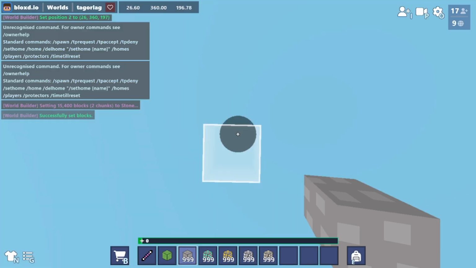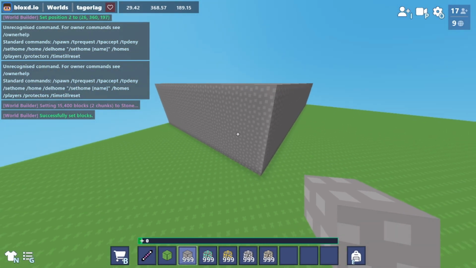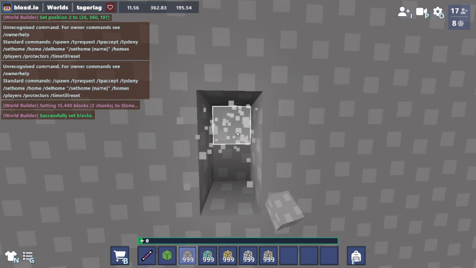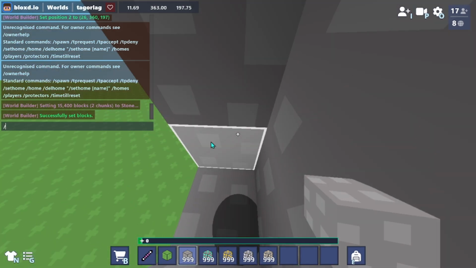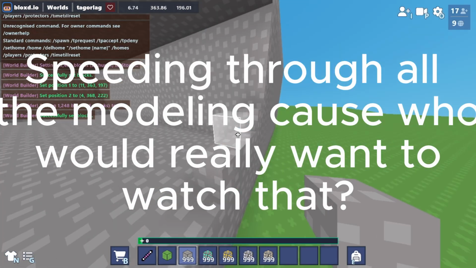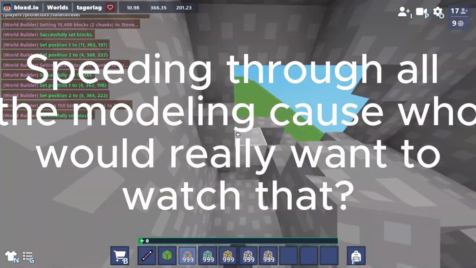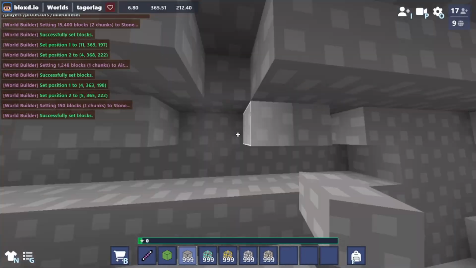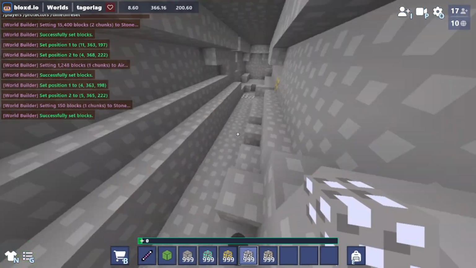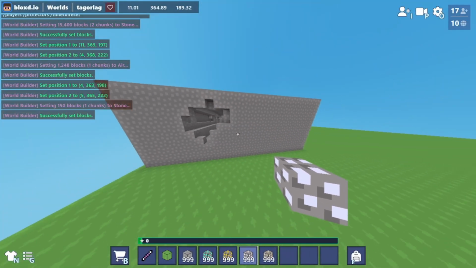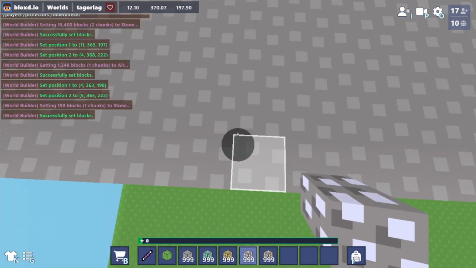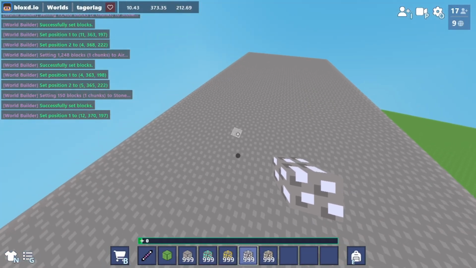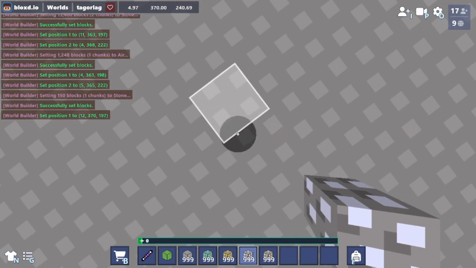So stone, and then it's completely stone, and I'm gonna make it into a cave, so I could model it by hand, or I could go like this. So now there's a couple of blocks randomly in the cave, and I want to find them. So I can just go to one end of the cave, and then fly to the other,